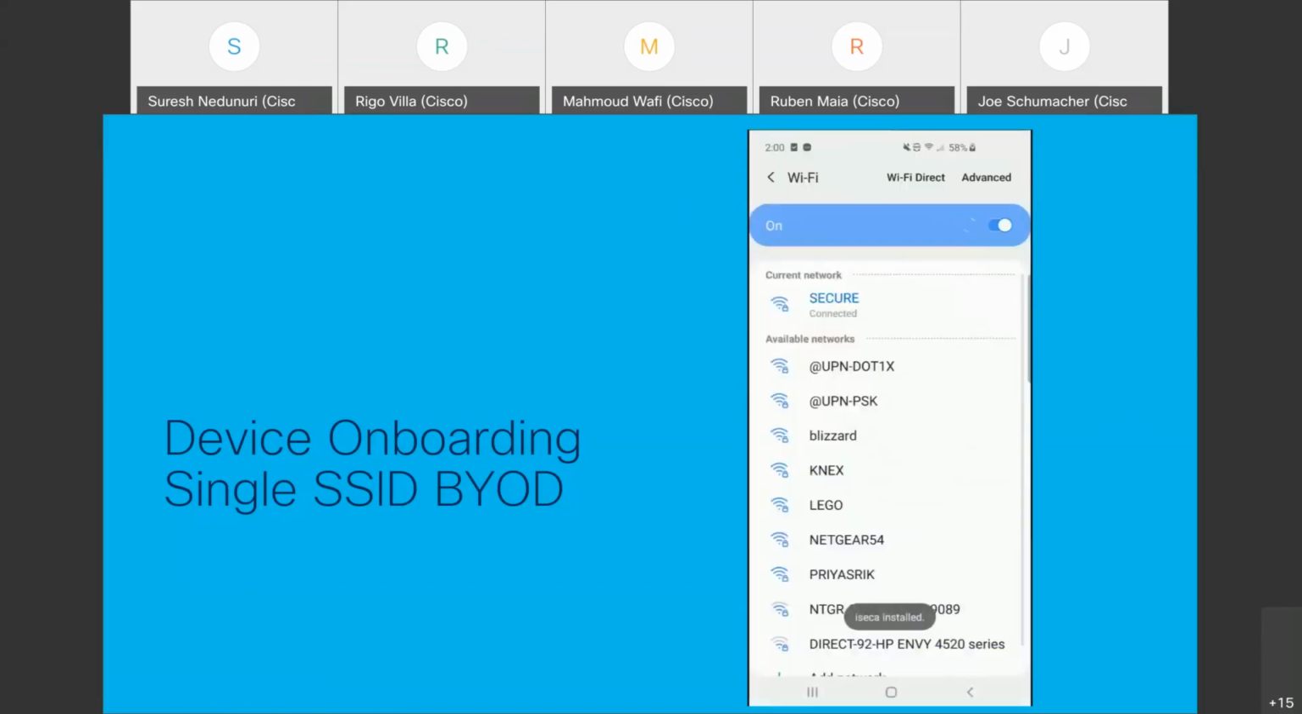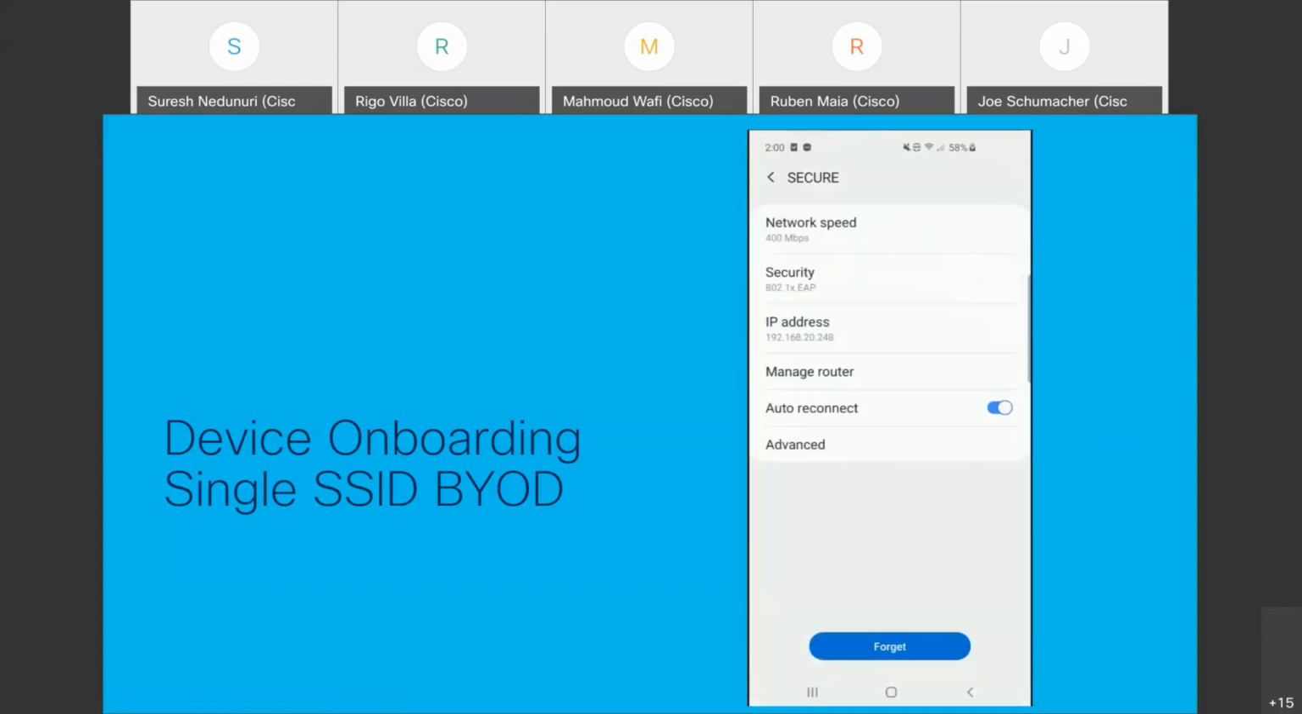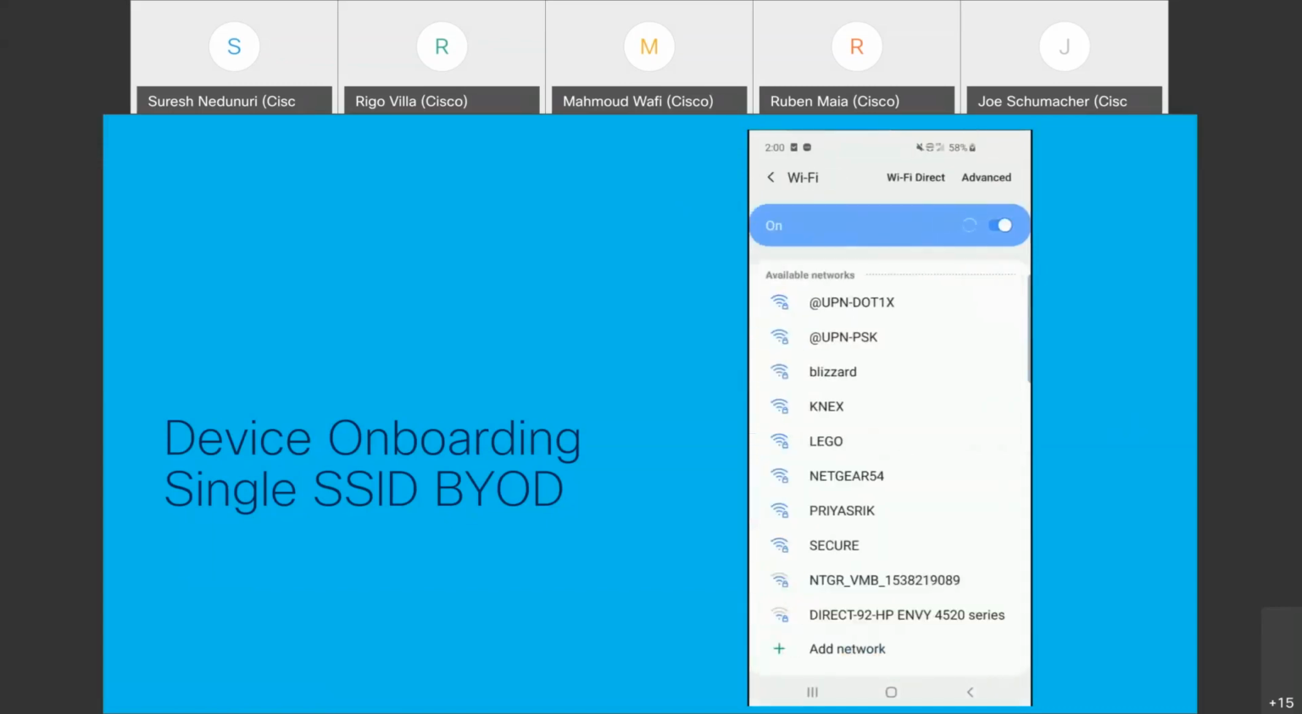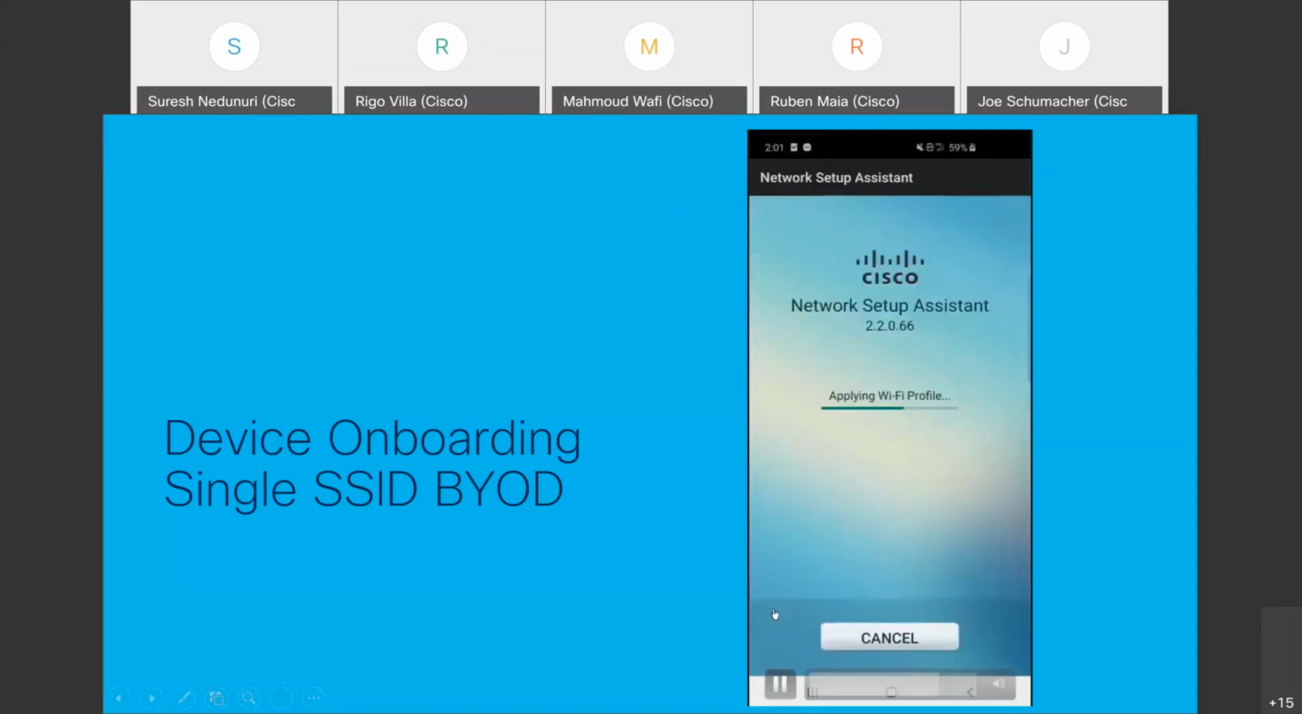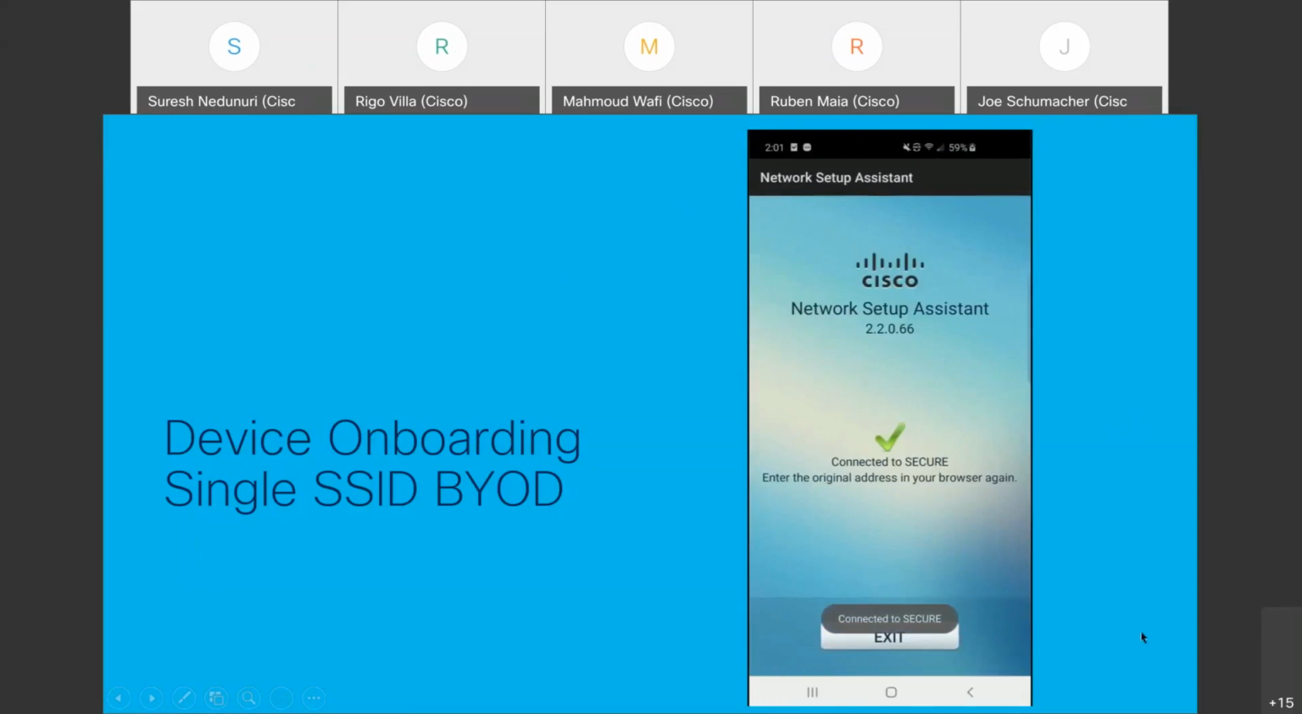Then it also applies the Wi-Fi profile, if you are asking them to connect to the network in a new way like EAP-TLS, using certificates. There it will show that. Once you successfully complete it, it says you are connected to the secure SSID, which is the SSID name. So after this,